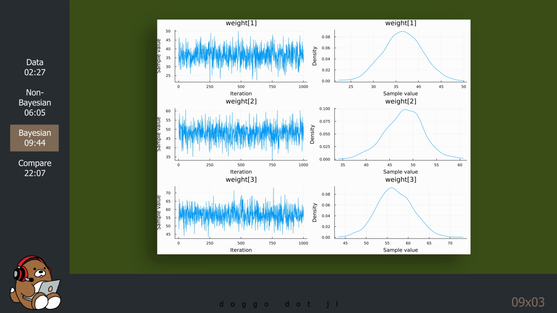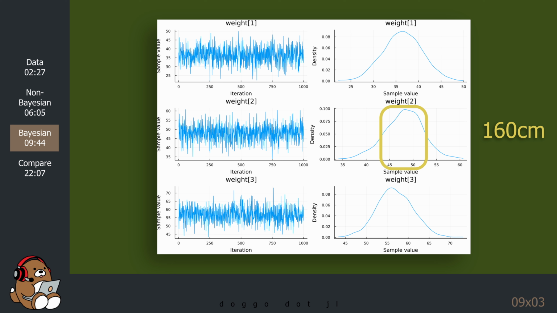The 3 plots along the right side are the PDFs for the 3 predictions. So for the 140 centimeter or 4'7" individual, this model predicts that their weight could be anywhere from 25 kilograms to 50 kilograms, with a higher probability between 35 kilograms and 40 kilograms, or roughly between 77 pounds and 88 pounds.